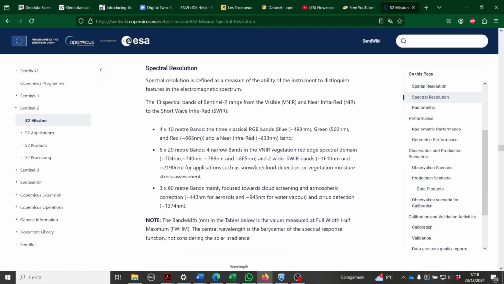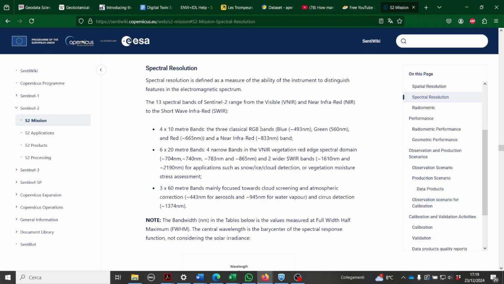So from this point of view, we have bands at 10 meters, and in particular we have 4 different bands. Out of these 4, 3 are the classical RGB bands: the blue band around 0.49 microns, the green band around 0.56 microns, and the red around 0.66 microns. And we have, in addition, an infrared band whose center wavelength is around